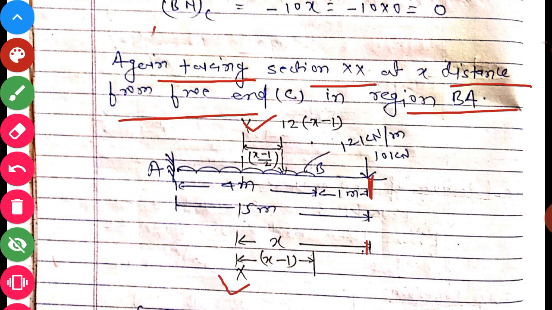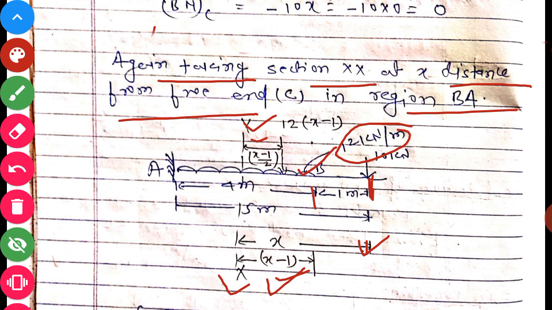That is the section XX and the distance is taken from the free end, that is x. After that you can define the forces and the distance of each force from XX. Here that is a UDL, and from geometry you can convert the distance. The total distance is x and that distance is 1. How is it converted? That is x minus 1. After that we can convert the forces into point load. That is a UDL, not a point load. 12 kilonewton per meter is a UDL, uniformly distributed load.